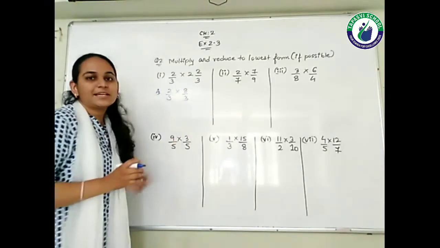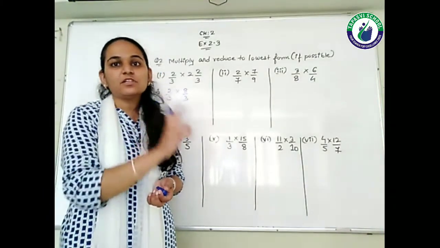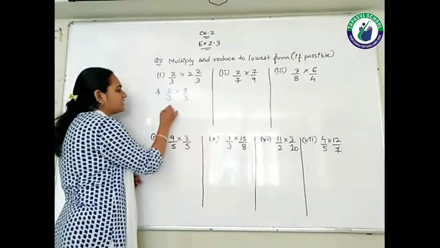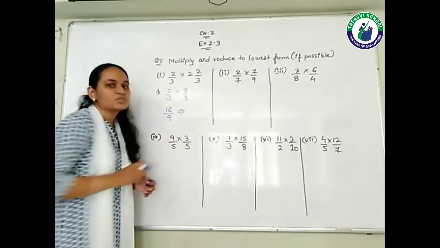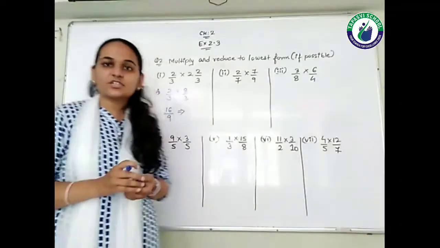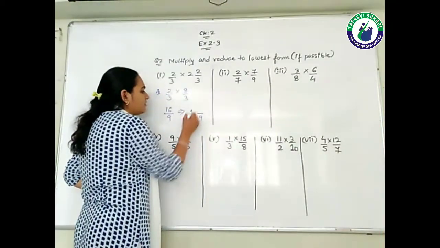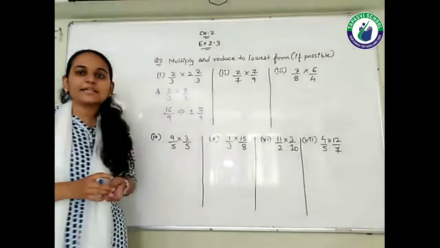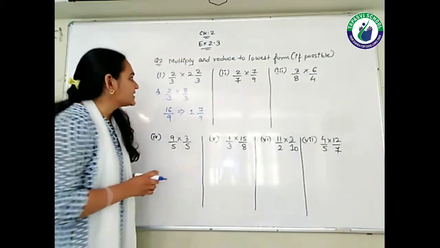Now nothing can be cancelled out, students, so you can directly multiply numerator with the numerator and denominator with the denominator. So 2 8s are 16 and 3 3s are 9. Now this is an improper fraction, students, so I am converting it into a mixed fraction also. So I am getting 1 9s are 9 plus 7, because 2 9s it is 18, so we cannot do it. So 1 9s are 9 plus 7, so we will get 16.